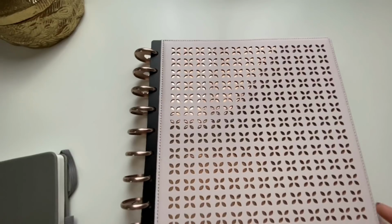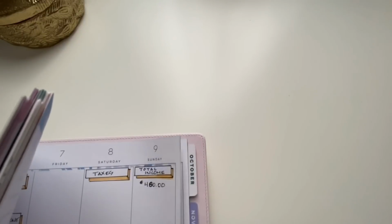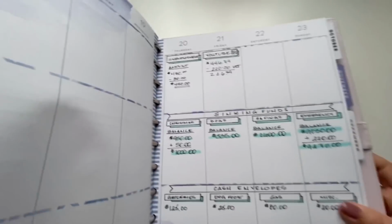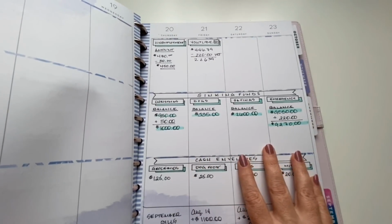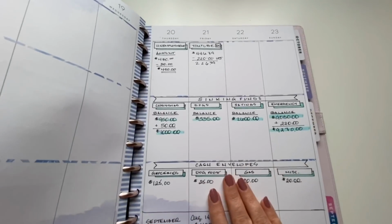So let's go in and see where we left off. I just have to back this up a little bit so I can open it up entirely. Let's go to this week's budget layout. And as you can see here, I have my sinking funds all listed, and I did contribute a little bit of money,